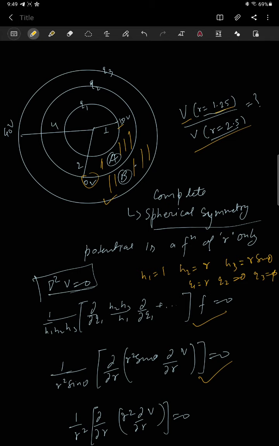And how will you know whether this solution is correct or not? The potential at the outer boundary is 40 volt, but the potential at the middle boundary is 0 volt. That means there is some negative charge inside. So if you are calculating the potential more inside, that will be low, and as you calculate the potential more outside, that will be large, between R equals 1 and R equals 4 centimeter radius. So the solution is correct.